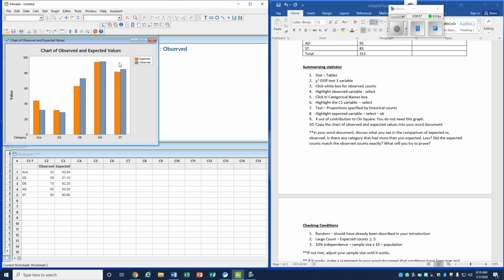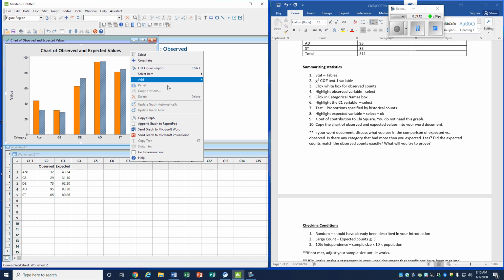But you have a graph right behind it that says chart of the observed and expected values. I would have this in your report. We can also see that the ACE was the biggest difference compared to what we expected to get in all of those categories here. So I'm going to right click in the gray area here,